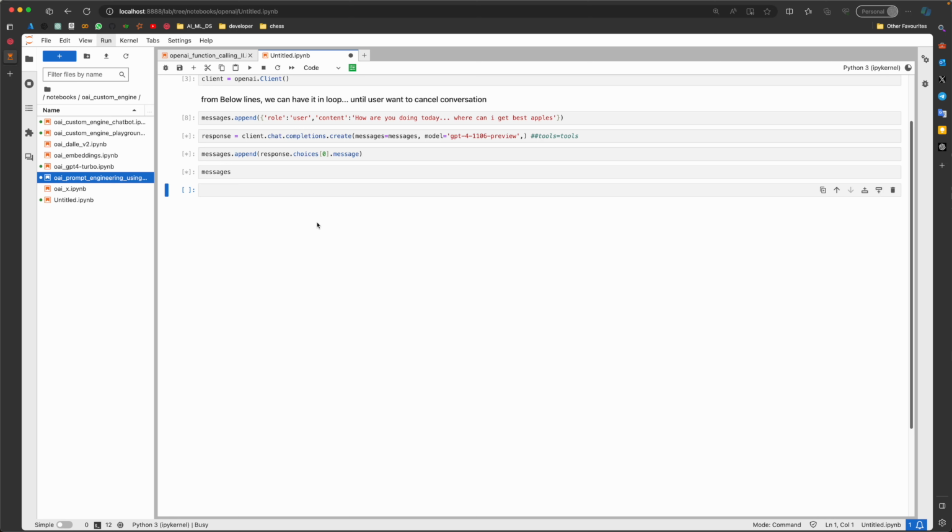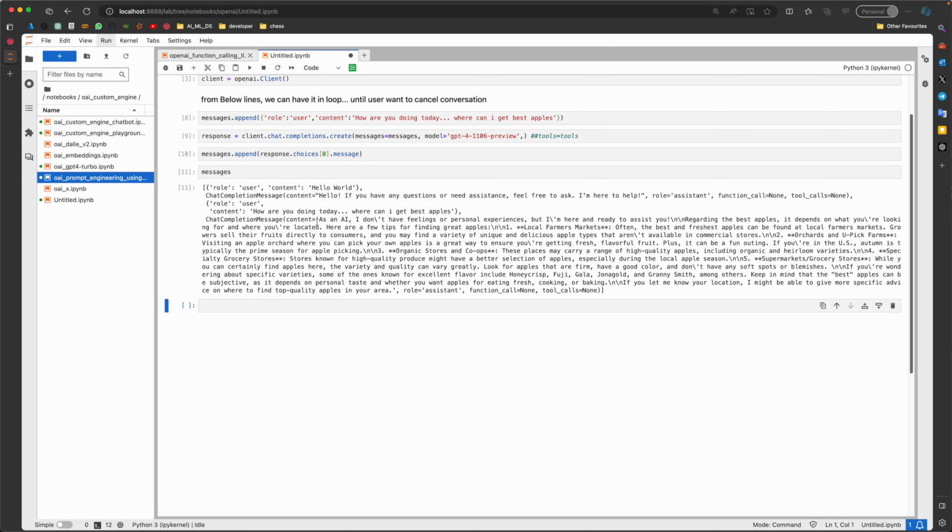Let's see. To call a function, the Chat API has given us a way to say that please give me an extra parameter called tools, and then it will know if it needs to use tools or not. Coming back to our reply, you know what is going to happen, right?